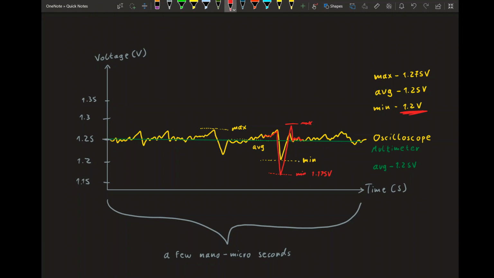And given that CPUs, like our CPU right here running at 5 GHz, and newer graphics cards getting close to 3 GHz, that is very fast. You take 1 second, you divide it by 5 billion, that's how long a single clock cycle is at 5 GHz, and that is even shorter than a few nano or microseconds. So our voltage ripple is actually quite slow compared to the actual operating frequency of our part,